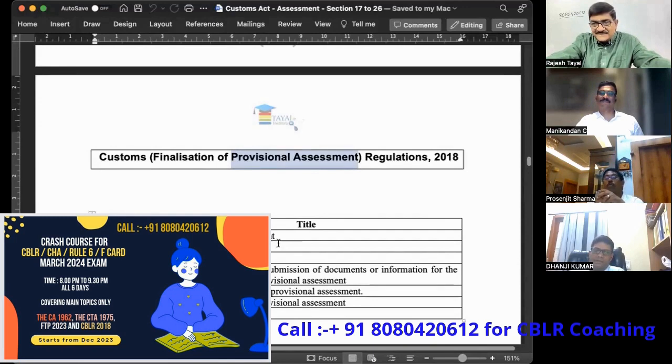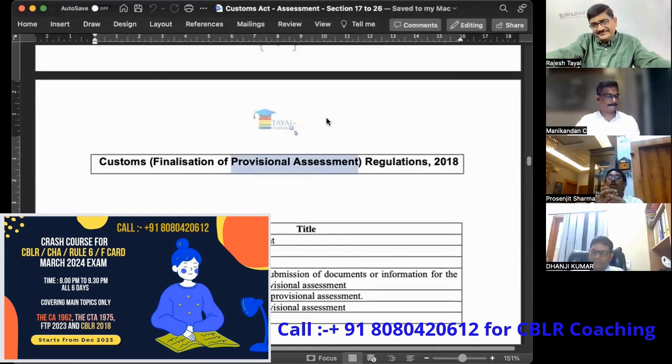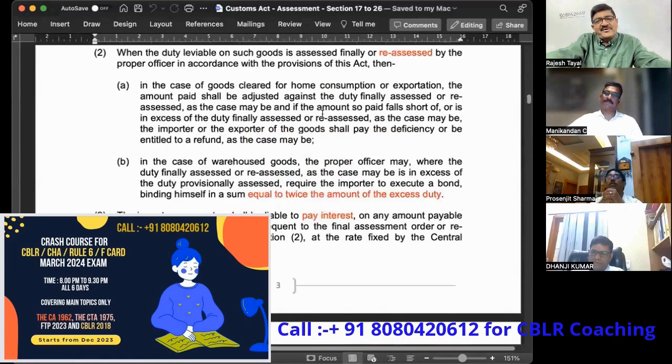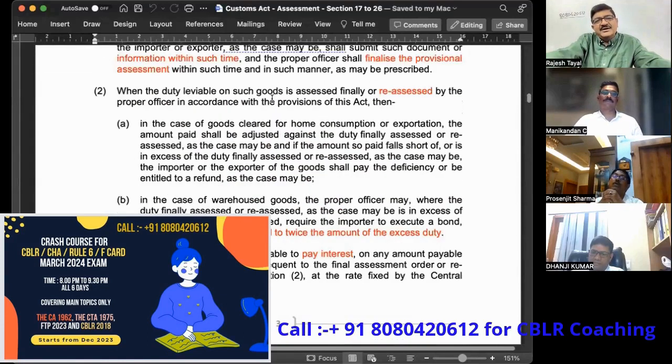See, that all will be withdrawn, sir. This is the finalization. The bond of the provisional assessment will be withdrawn. Under which section is provisional assessment happening? Under section 18. Be more specific. Subsection 1. Right. Where is reassessment coming? Section 17, subsection 4. Sure? What is this? Yeah, sir, 18.